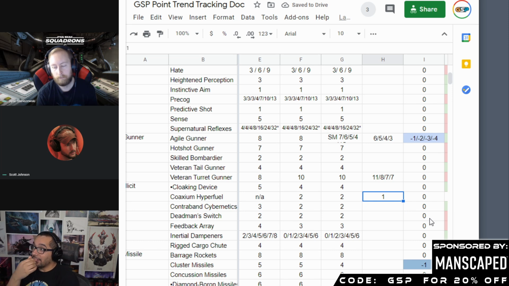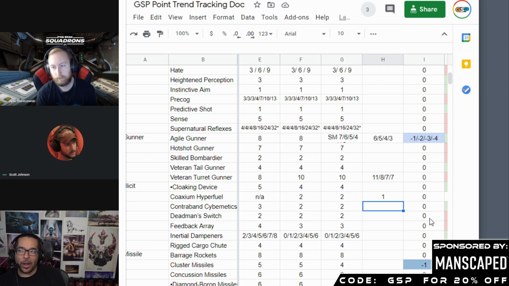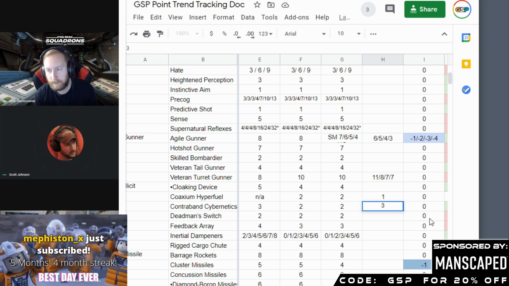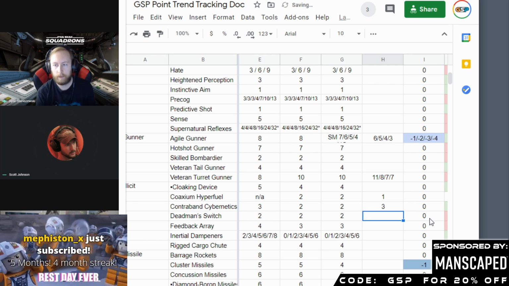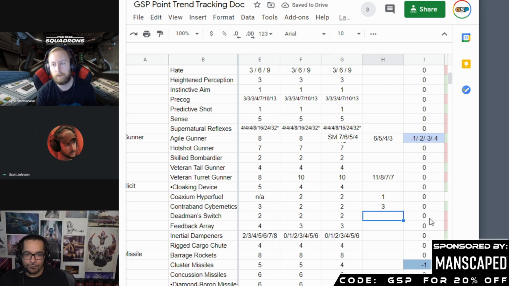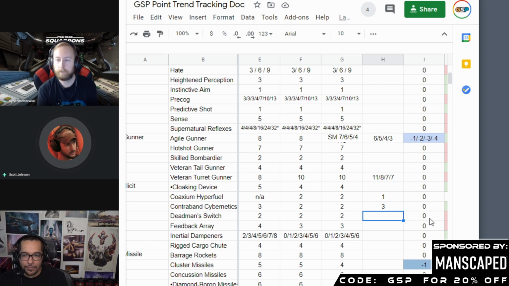Now we're in the illicits. Contraband cybernetics. I mean, are we really surprised to see it go up to 3 points? No, not really. It was without a doubt, at 2 points, you took nothing else but that. Even on ships that didn't have a lot of reds, it was still valuable. Yep. And so now there's a little bit of a choice there between that and Dead Man's Switch. And this new one,